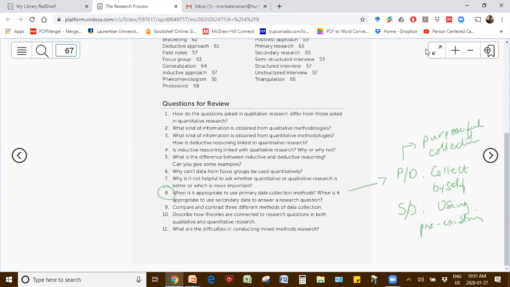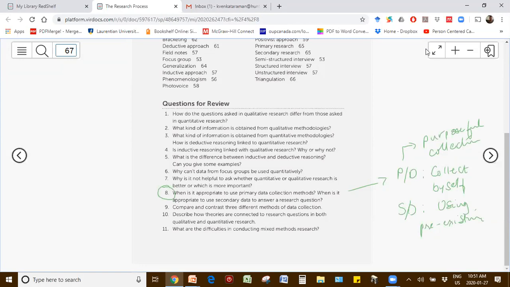So experienced researchers are a very smart bunch, okay? They'll take the best that they can get, whether it is through Skype, whether it's in person, and so on. So anyway, getting back to the question, when is it appropriate to use primary collection methods? When you're trying to acquire data to do research for which data doesn't exist.